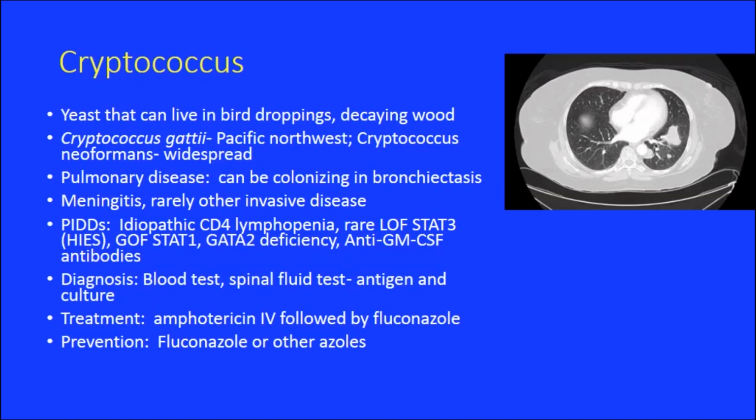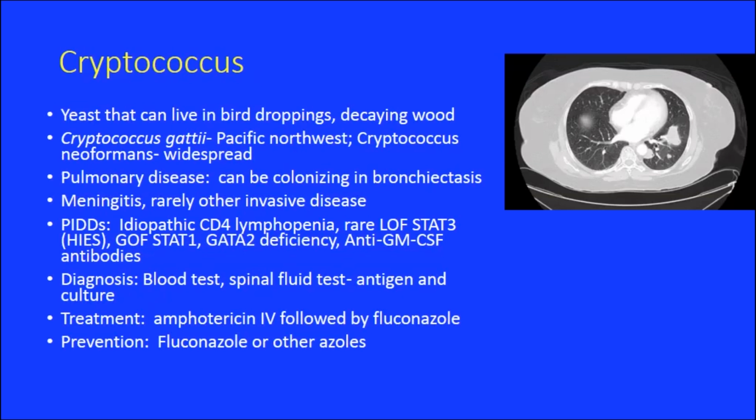So which primary immune deficiencies have trouble with Cryptococcus? Where we really see this is in the HIV population when the lymphocytes are very, very low. And so in other settings where you have very low CD4 lymphocytes, you can see Cryptococcus meningitis. There's this entity that we don't always understand called idiopathic CD4 lymphopenia, that primarily affects adults. It's a primary immune deficiency that probably has multiple causes in it, but we see Cryptococcus meningitis probably most commonly in primary immune deficiencies there, rarely in hyper IgE, Job syndrome, gain of function STAT1, GATA2